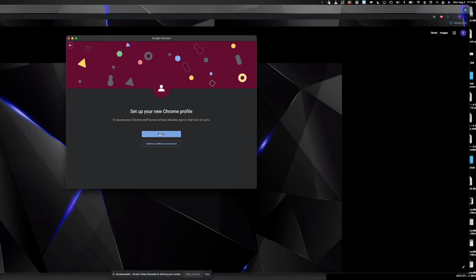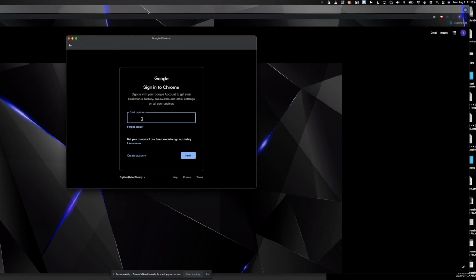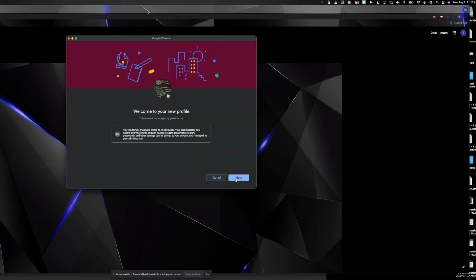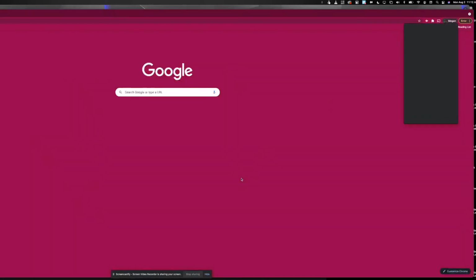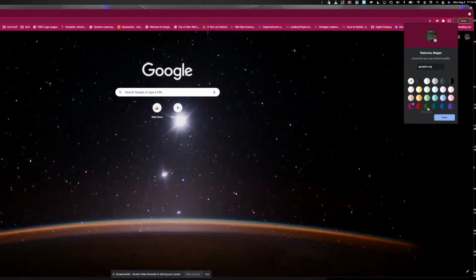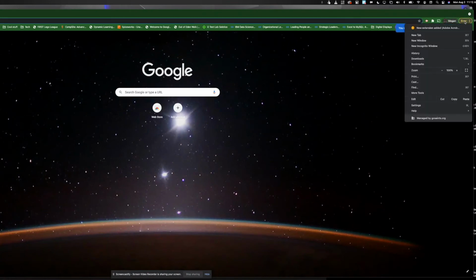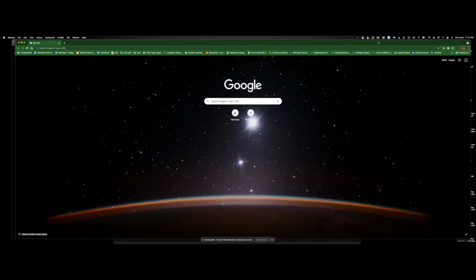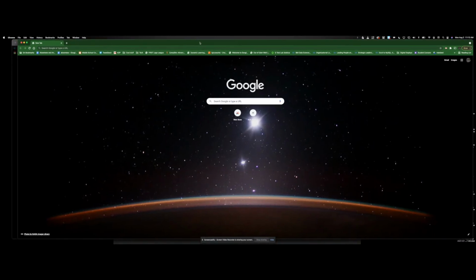Add. You want to put in your Go Saints email and your password. Okay, so now this is the one I signed in on, so you should see your Go Saints. If you already have that, that's fine, but you definitely want to have a Chrome profile running in Chrome. All right, now let's go to